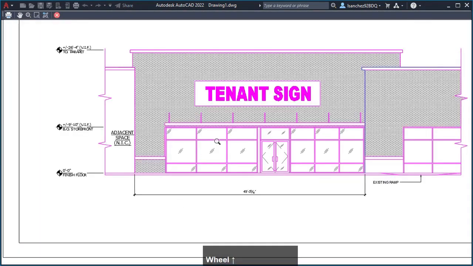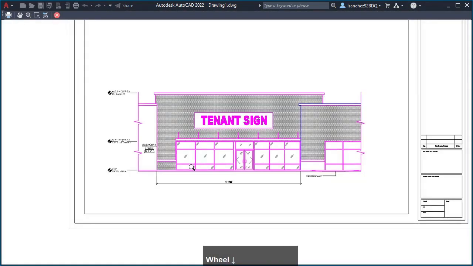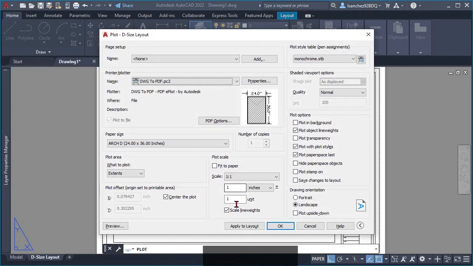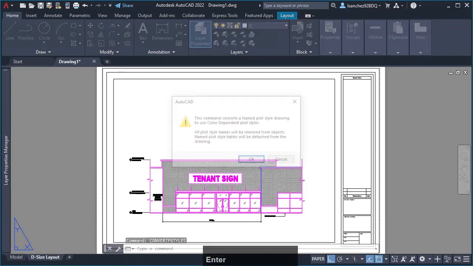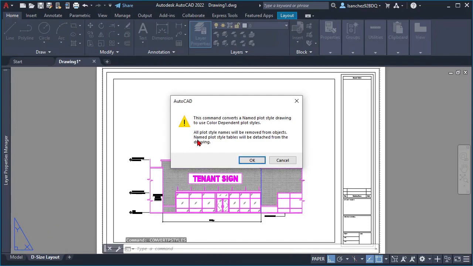It's gonna print like that in color. We don't want that. And this is basically because, again, we picked an imperial architectural template that had the settings like that. So I'm gonna cancel that. And to fix this, I'm gonna use a command called convert PS styles, and it says this command convert